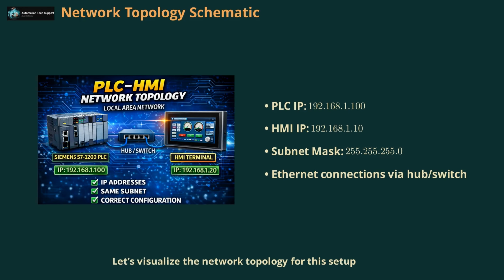Let's visualize the network topology for this setup. The Siemens S7-1200 PLC and the HMI are both connected to a central hub or switch, forming a local area network. Each device is assigned a unique IP address within the same subnet, allowing seamless communication. This schematic helps clarify how data flows between the PLC and HMI, and why correct IP configuration is so important